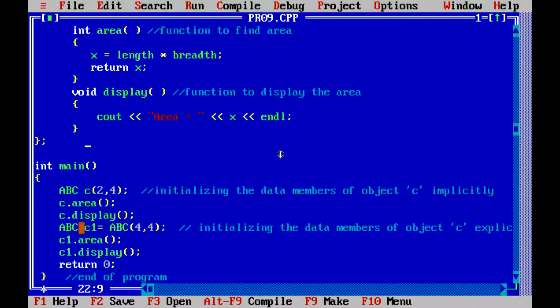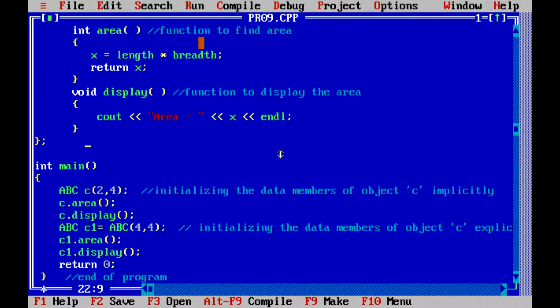Again we create another object, ABC C1 equal to ABC with 4 comma 4. So the first time the parameters are 2 and 4, and the second time 4 and 4. The area for the first is 2 into 4 and for the second is 4 into 4. Then again we call the area and display functions, and finally we return 0.